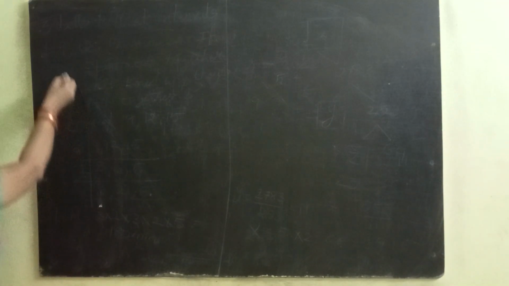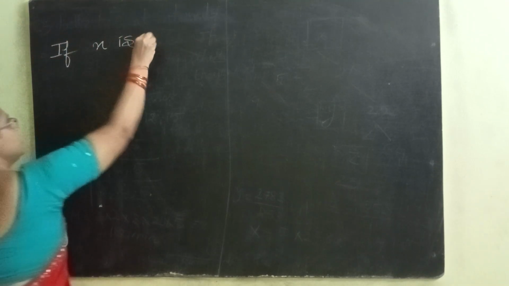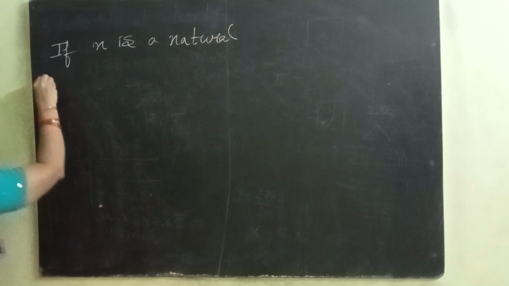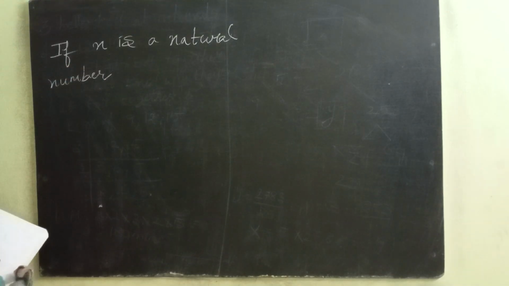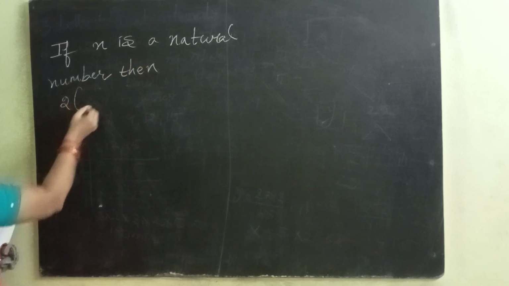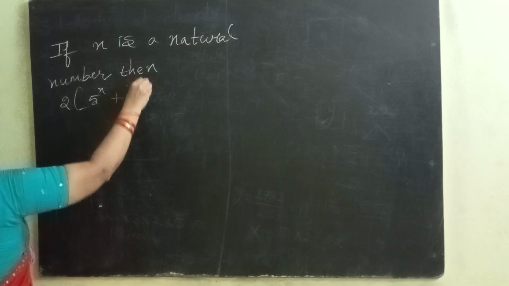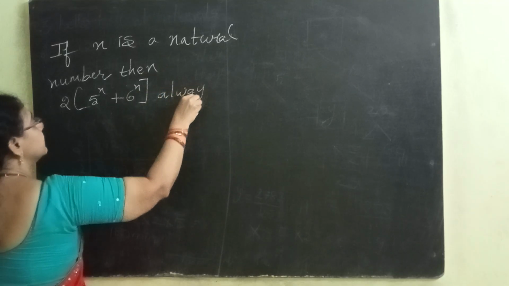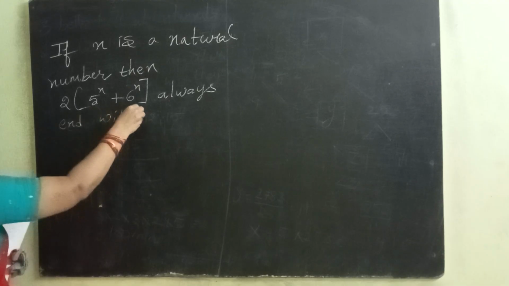Next one: if n is a natural number, then 2 into 5 power n plus 6 power n always ends with